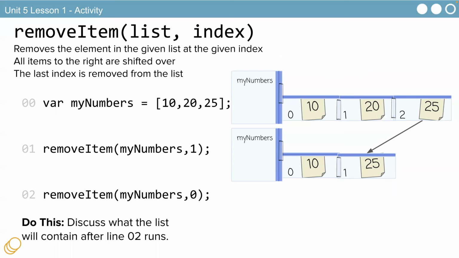So the index changes. Remove item, my numbers at index 1, remove this. And once that's gone, this needs to move over. And if there were 10 more things, they all change index.